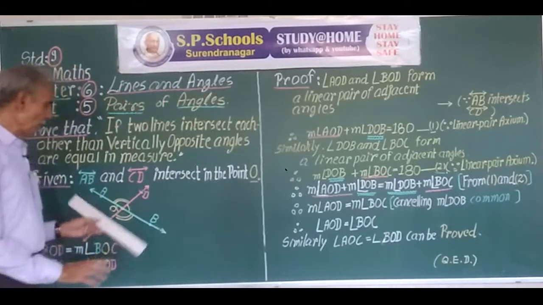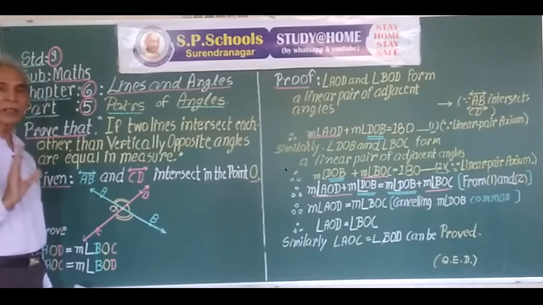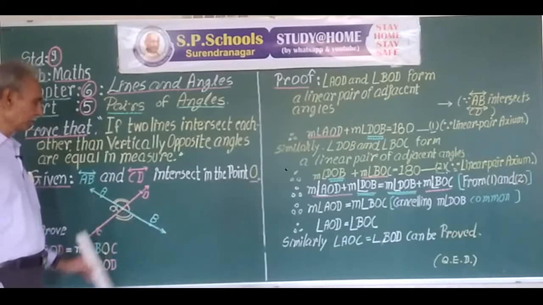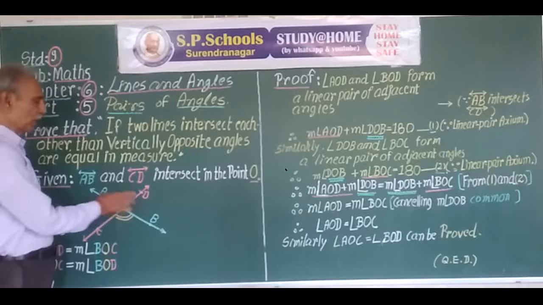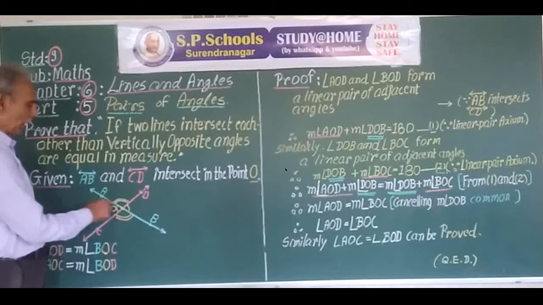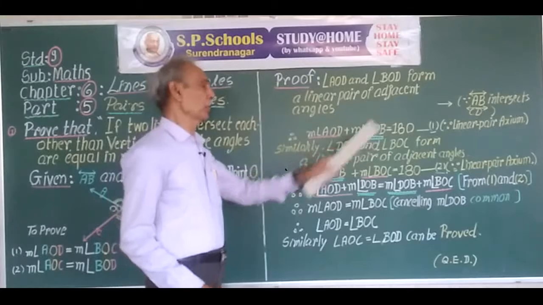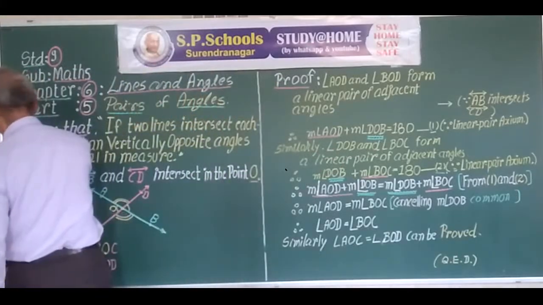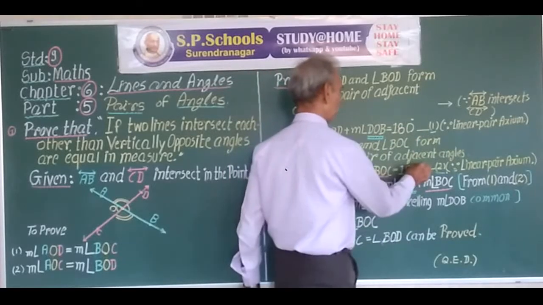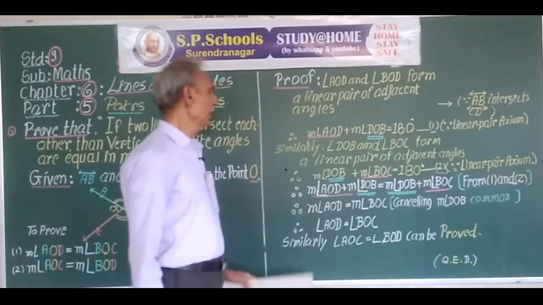So students, we have divided the whole circle into 360 degrees. Here half the circle becomes 180 degrees. Mark it 1. Similarly,